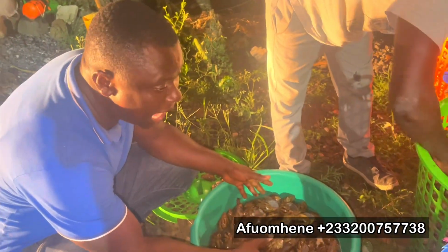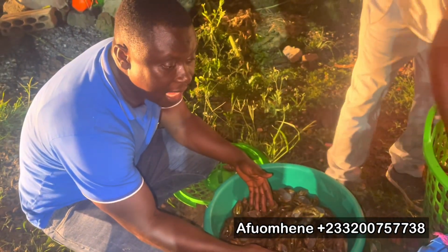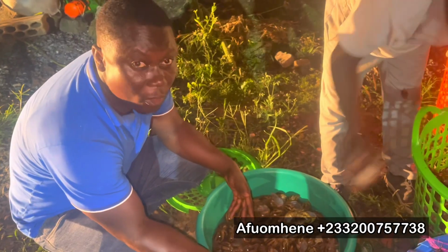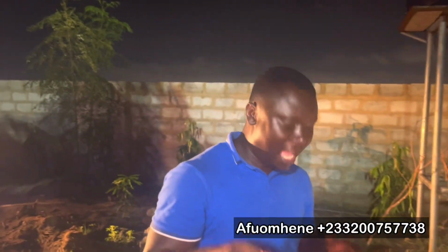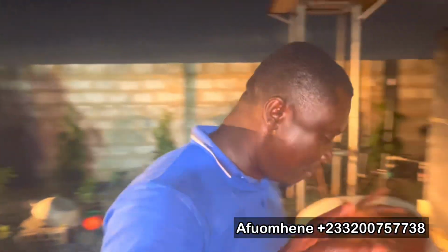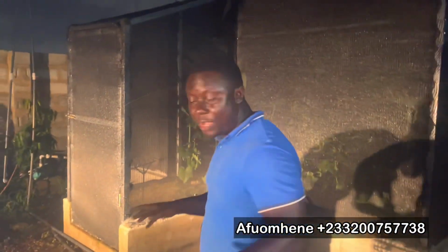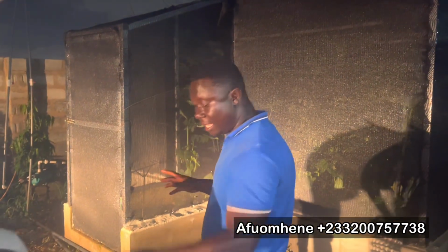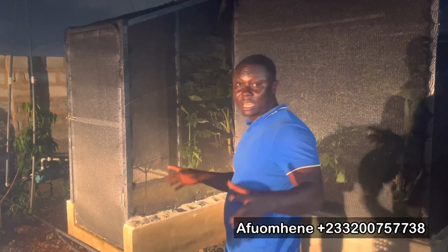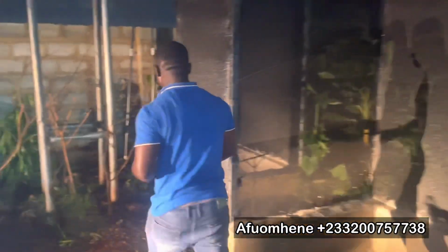So we are doing our counting as well to make sure that whatever the client asks for is what we have brought. As we are doing that, I'm going to take a minute and take you to the greenhouse and show you what's happening in the greenhouse right now. Here we are stocking 2,000 snails. So we have 700, 800, 500. We add it together, we have 2,000 snails that we are stocking. So come along. Let me show you